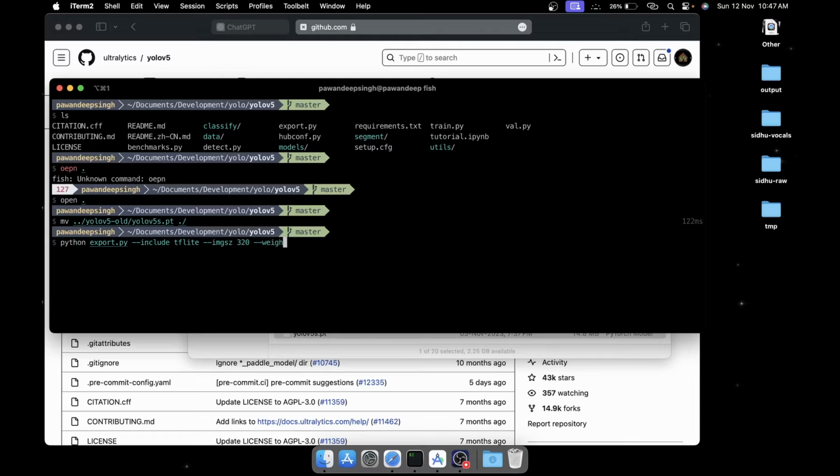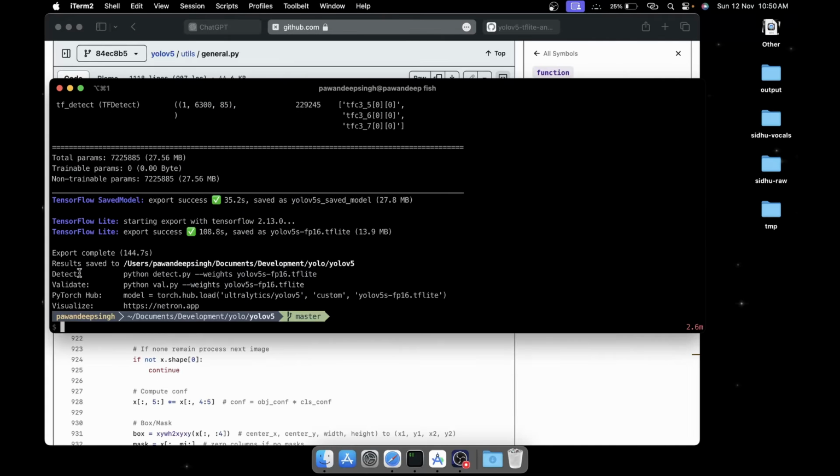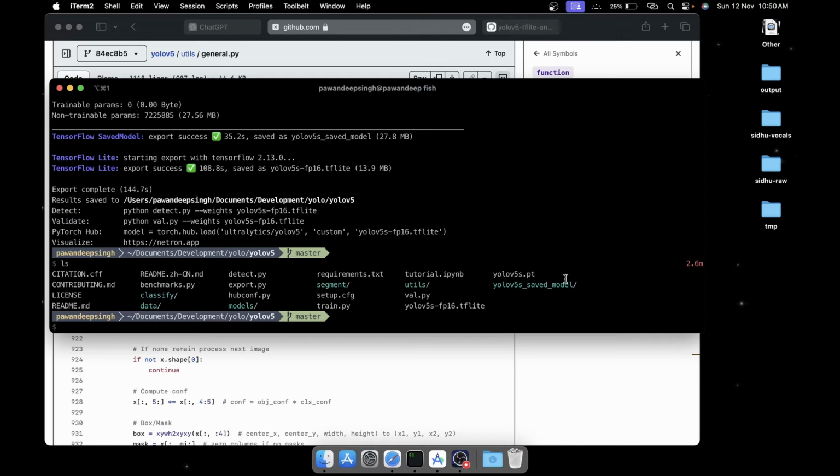Now you have to give the weights, which will be in the same directory where we have just pasted it, which is yolov5s.pt, and hit enter. After a few minutes, you should have the yolov5s tflite file as well in your same working directory. Right, so once the step is completed, you should have a model. If I do the ls, you can already see a new file with the name